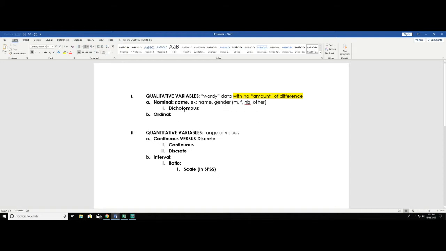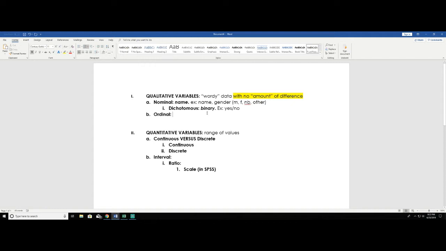A dichotomous variable is a type of nominal variable. When I see a dichotomous variable and we talk about it, my brain automatically just says binary, because a dichotomous variable only has two options. So a good example of this would be answers to a yes or no question. So there's only two options. That's a dichotomous variable. Pretty quick and easy, right? So our last guy here,